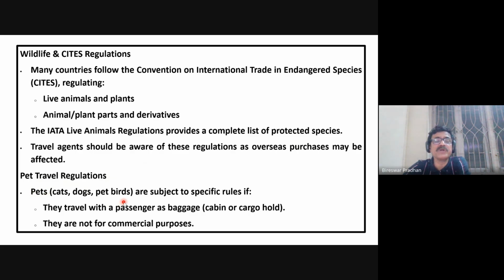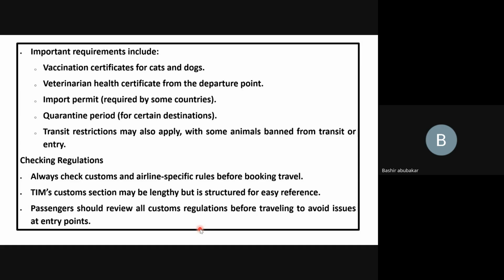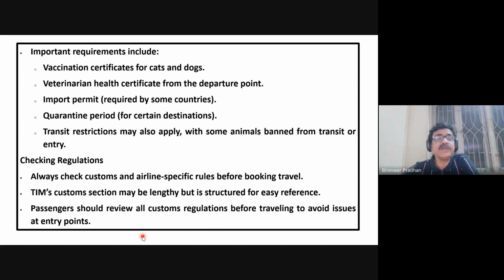Cats, dogs, pets, birds, etc. are subject to specific rules. If they travel with the passenger in baggage, cabin, or cargo hold, they are not for commercial purpose. Important requirements include a vaccination certificate for cats and dogs and a veterinarian health certificate from the departure point,